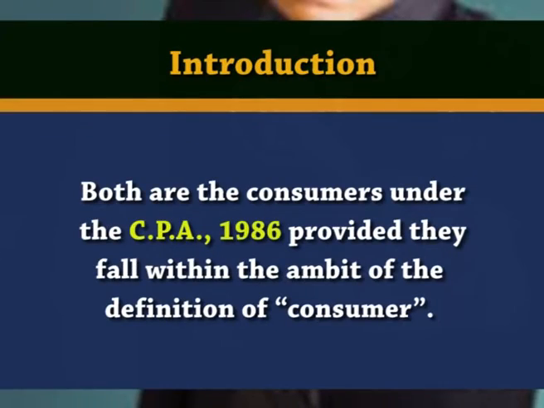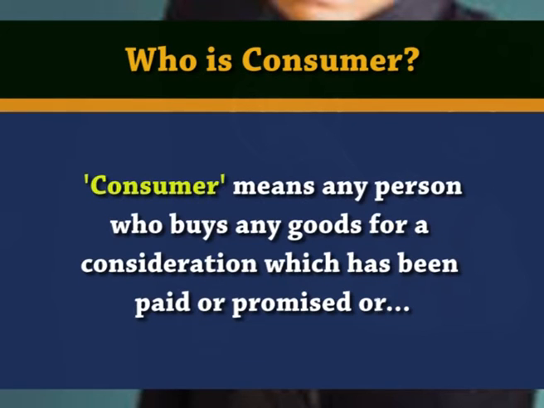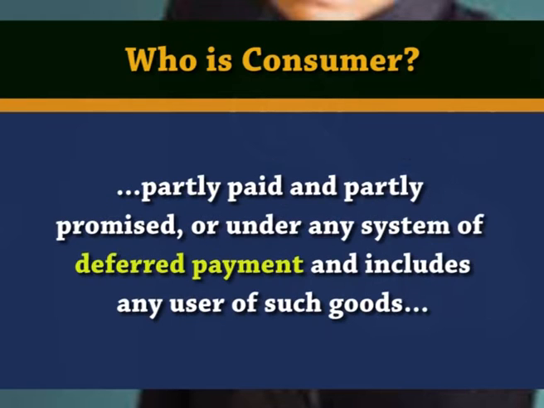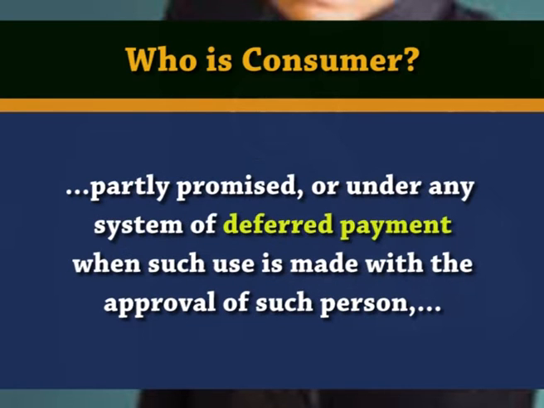Both are consumers under the Consumer Protection Act 1986, provided they fall within the ambit of the definition of consumer, which is defined under section 2 subsection 1(d) of the Act. Consumer means any person who buys any goods for a consideration which has been paid or promised or partly paid and partly promised, or under any system of deferred payment, and includes any user of such goods other than the person who buys such goods for the consideration paid or promised or partly paid or partly promised, or under any